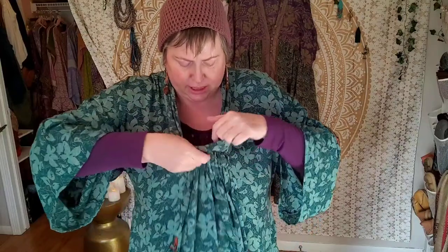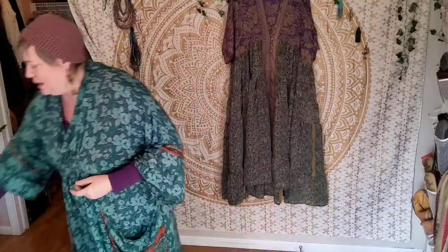Now, if this bothers you a bit, or if your boobs are a lot bigger than mine, and it does pull a bit, you can actually turn this inside out and just undo these stitches, okay? Be very careful. It's a tough job, to be honest. I did it on the back. It's a tough job. But if you need to, you do what you have to do, and this goes straight all the way down, okay? So let's take the measurements now